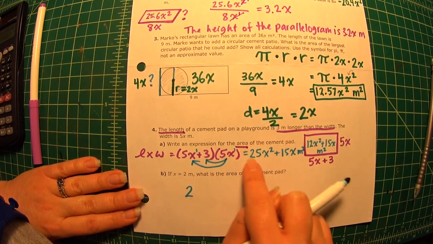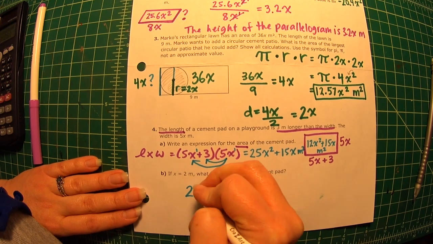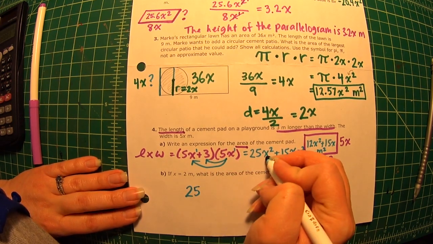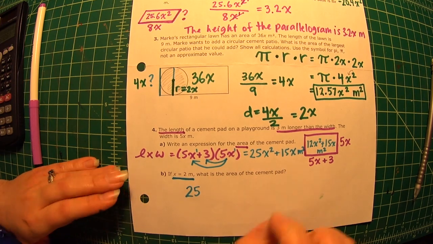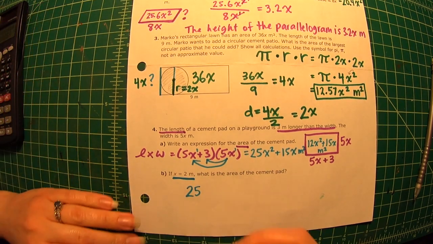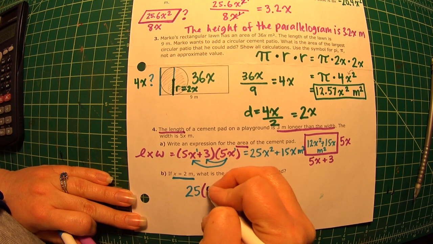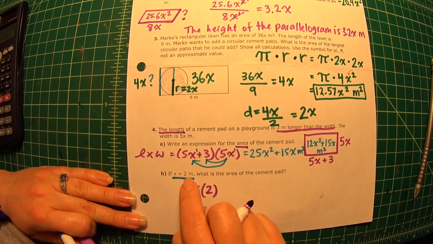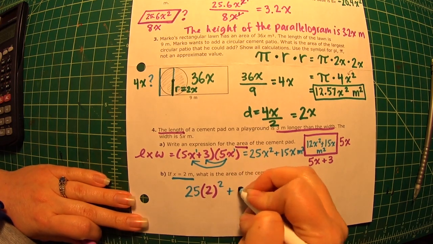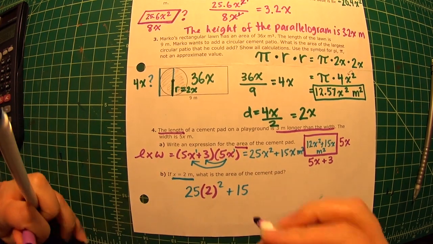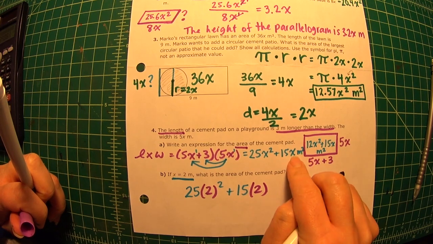So we did in the end need to simplify it, so that's good. So 25, and then we just need to plug the value for x into this equation. So 25 times 2, because it tells us x is equal to 2, squared, plus 15 times 2 again, because that's another x there,